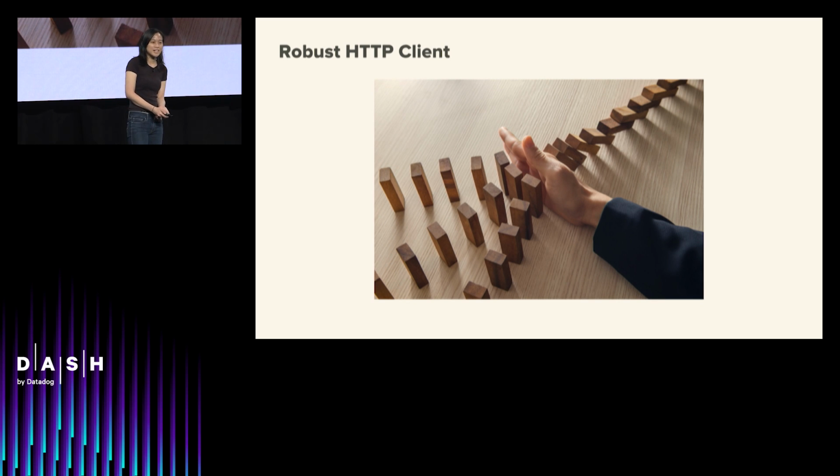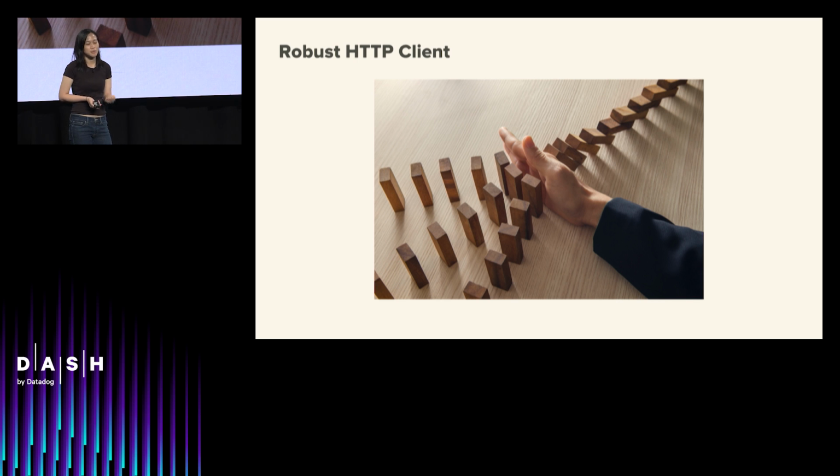What we observed was that as more function calls were translated into service calls, once a service went bad, this could easily cascade upstream and affect all the other clients. And so by rolling out this robust HTTP client, we were able to introduce circuit breaking behavior and improve this